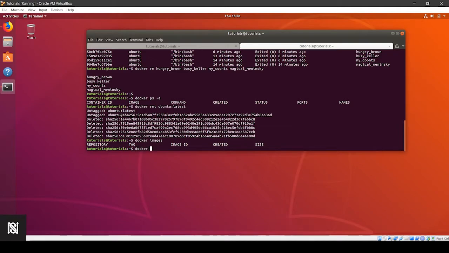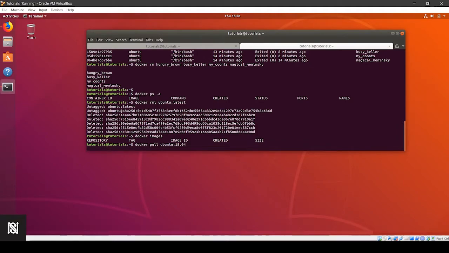Now let's download the particular image that we want. To pull images from Docker Hub, like we pull code from GitHub, we do docker pull ubuntu, the image we want, and we can specify a tag if you want. If you don't specify a tag, then it automatically downloads the latest. So I want 18.04, so I specify the 18.04 tag and press enter.